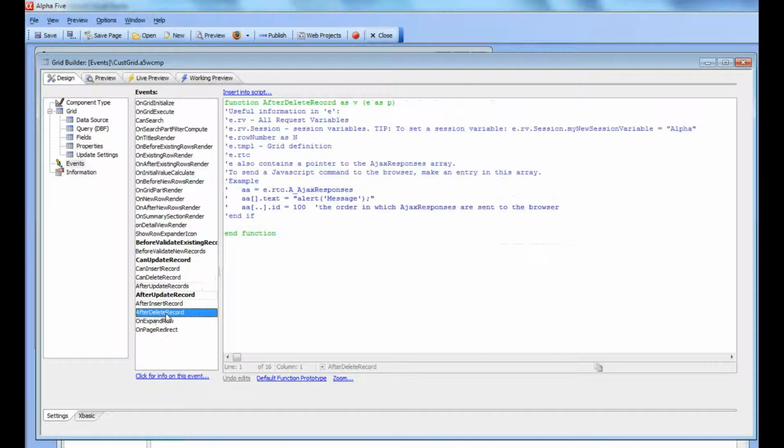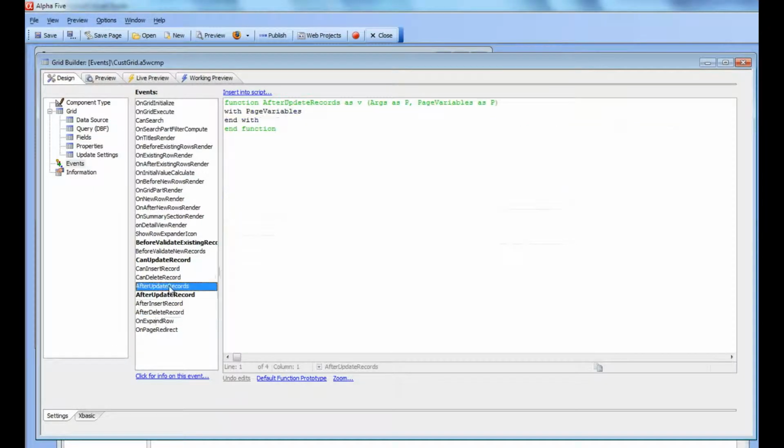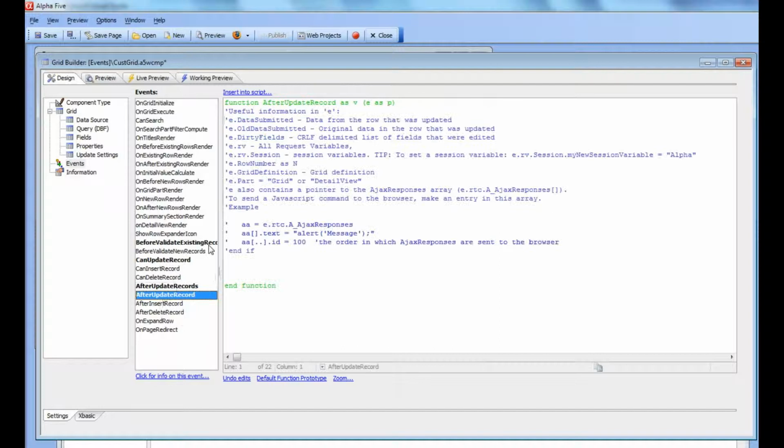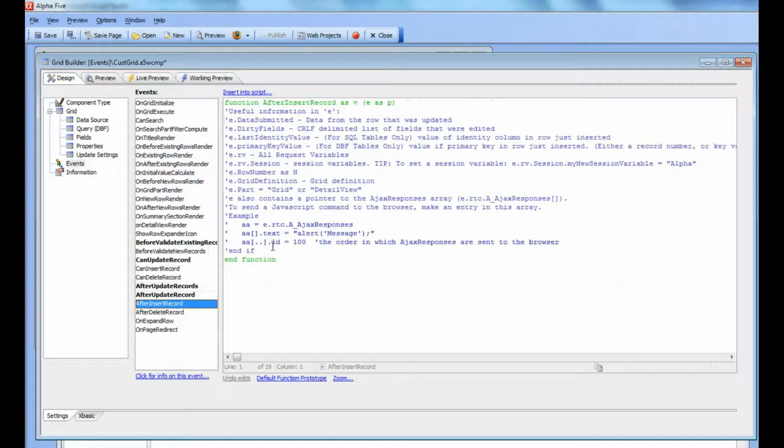completed. So the after update records, the plural, this event fires after all of the rows that were updated and inserted have fired. So for example, let's validate that for ourselves by going here and putting in a debug1 statement over there. Then I'll go to after update record, the singular version, and put in a debug1, and I'll go here to after insert record and I'll put in here a